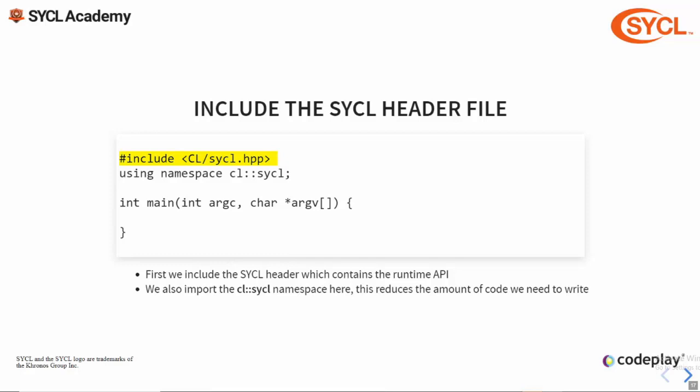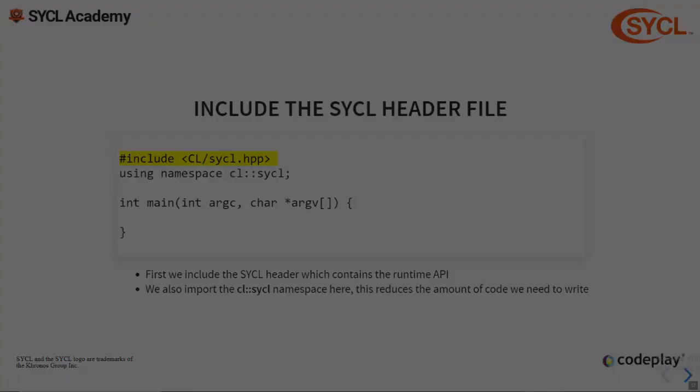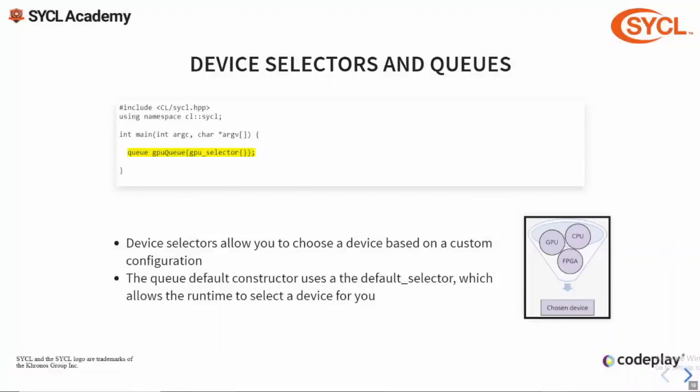SYCL.hpp includes the entire SYCL API, so that's everything you need to develop a SYCL application. We also import the cl::sycl namespace here to reduce the verbosity for the slide code. Now that we've included the header file, the first thing we need to do is create a queue to enqueue